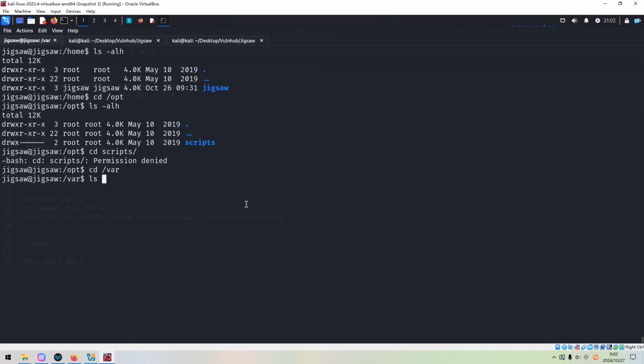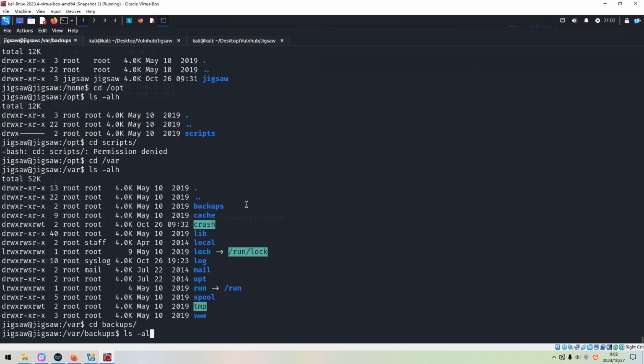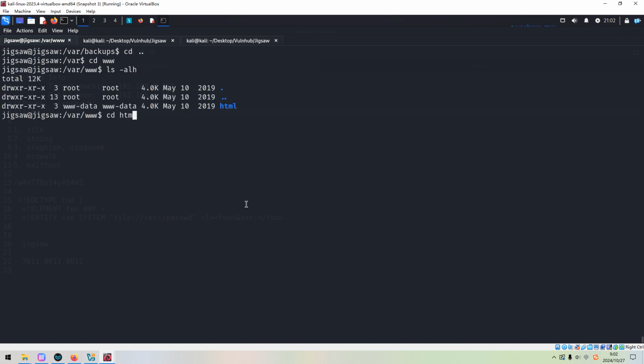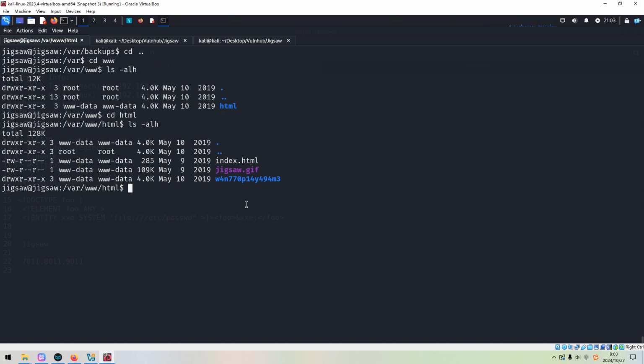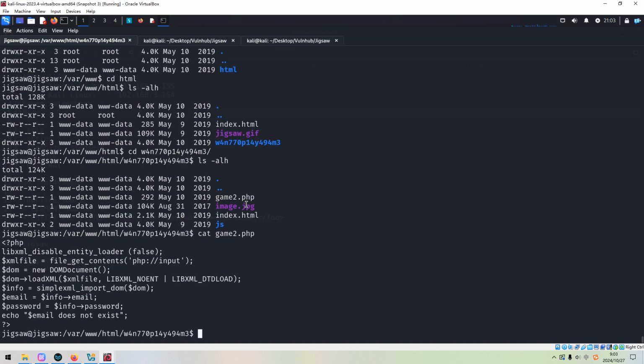Go to var, go to backups, nothing here, and go to the www directory, go to the html directory, and game2, get game2 PHP, but nothing interesting here.